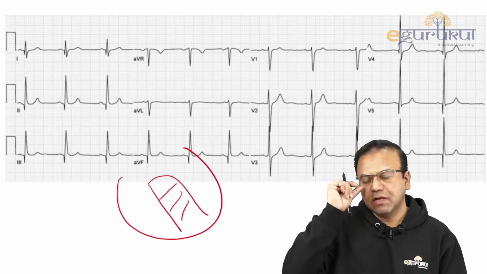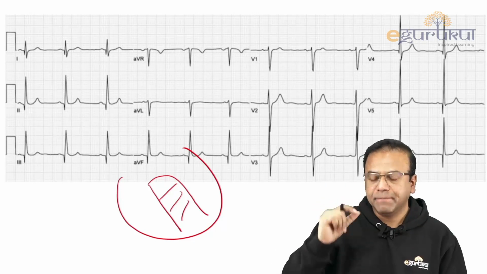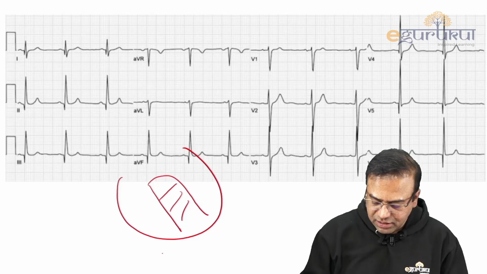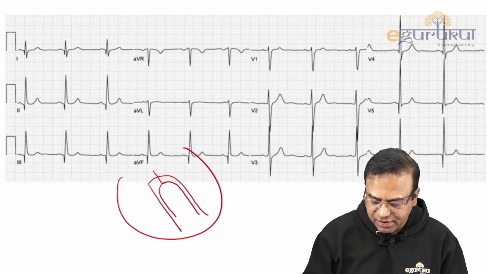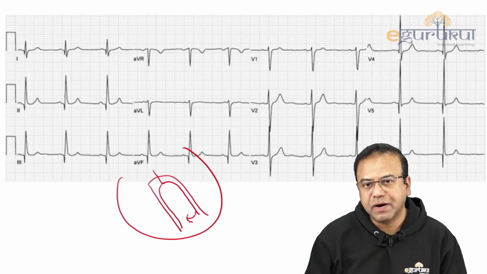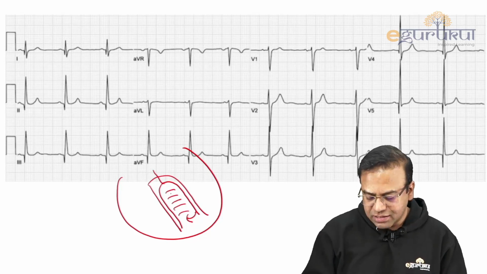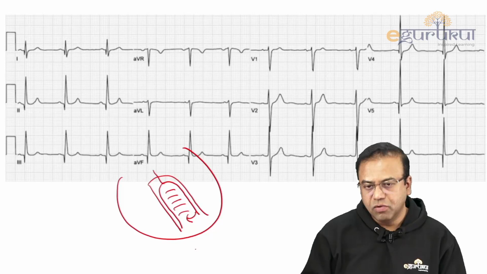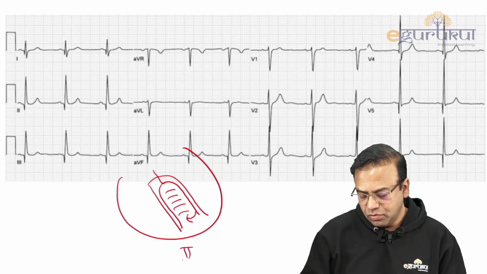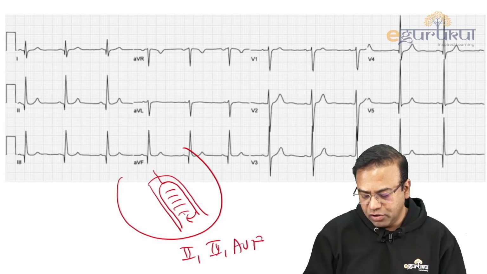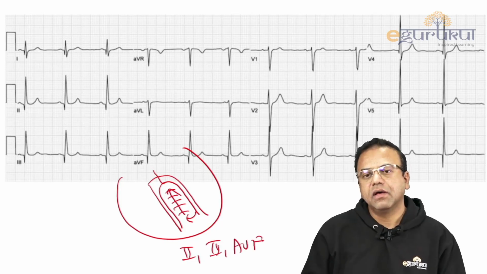Normally the Q wave is less than one small box in height and width, but here you will start noticing the leads looking from below, because the movement of the current is from the His bundle, where the right and left bundle divides. The current is released from the lower part of the septum and it starts ascending up the septum. As it starts ascending in septum, all the leads looking from below, what are the leads looking from below? The 2, the 3, the AVF, and the inferior leads are looking at the current going towards or going away,